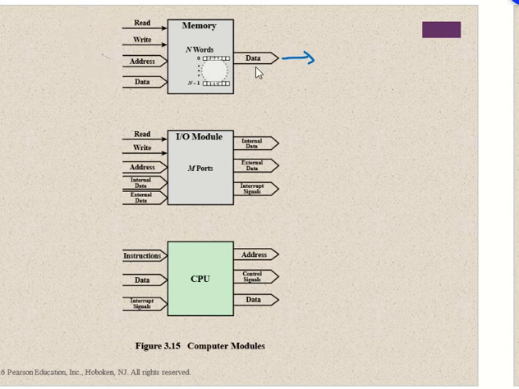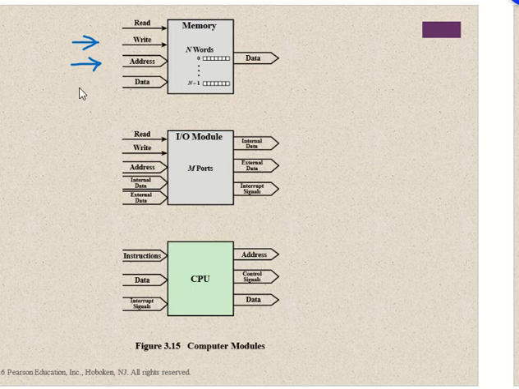Let's say the processor would like to write data onto the memory. It sends the write request, the write signal. And of course, it is going to write something to a particular location. What is the address of the location, and what is it writing? The data to be written onto this location. There is no output for writing. For reading, we have an output. So for writing, we need the write signal, the address where to write, and the data to write.